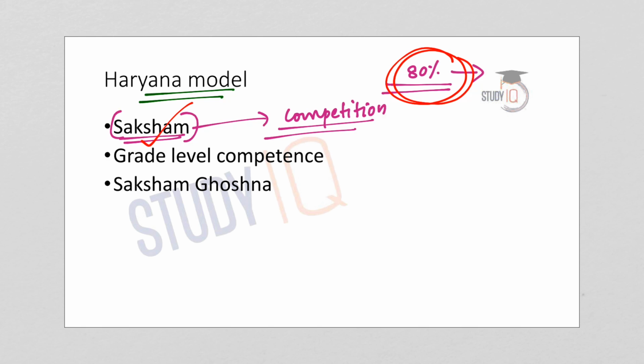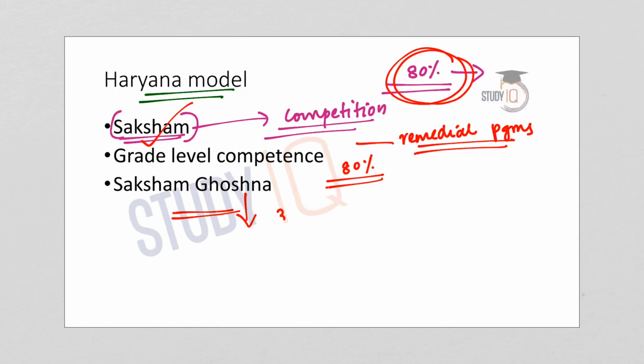This is a campaign that has been undertaken by the Haryana state government, and under this campaign, the officials take up remedial programs like teacher training programs, internal assessments, etc. in order to attain this target. And if the administrative block is confident that it has achieved the 80% target, the state officials nominate their block for the Saksham Ghoshna. This self-nomination is then followed by rigorous rounds of third-party assessments in order to check the claims of the block.